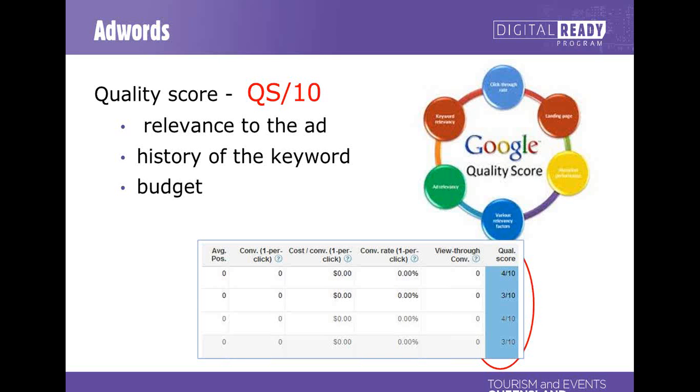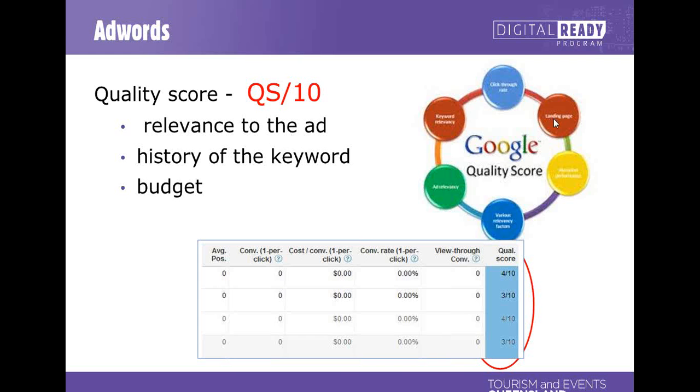I know that many of us don't have control over our websites and it's quite hard to put up extra pages, but try and have that discussion and make it happen, because you will have much more success in firstly getting conversions, but also it's likely that if you do it well, you will pay less for your ad. Because this gives you a quality score out of 10. So these aren't very high. This particular page didn't have a very high quality score, and that largely determines how much you will pay per click here. So you want the highest possible quality score in order to have the lowest possible cost per click.